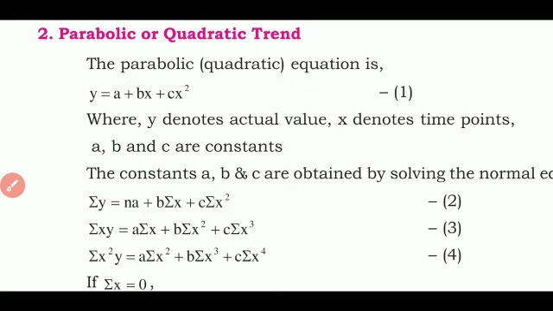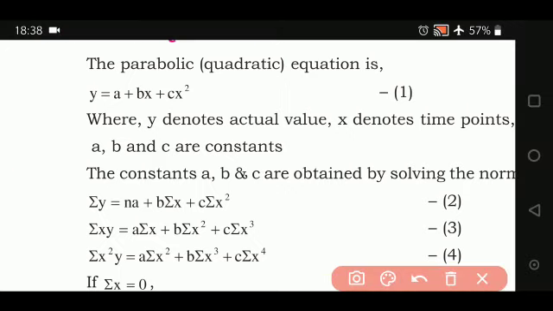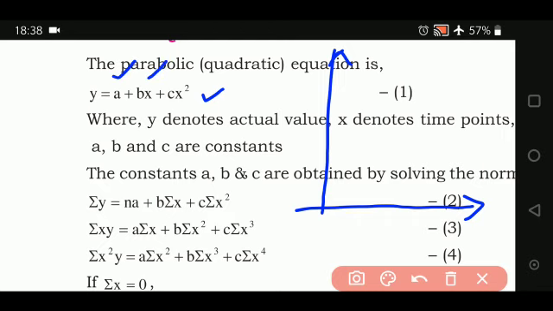It is called parabolic because, as I already told you all, it is linear because when you draw a graph, you will be getting a straight line. Now it's called parabolic because when you use this particular equation to draw a graph, what's the meaning of this? For that you should know the value of a, b, c, x, x square, y. When you know all these values and you plot a graph, it is going to be a parabola. That's why it's called parabolic or quadratic equation, or it's also known as second degree equation.